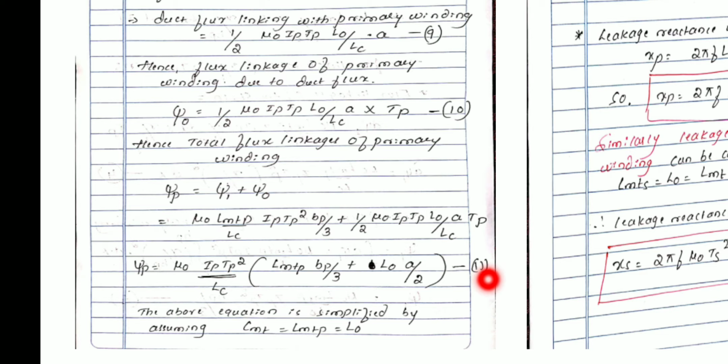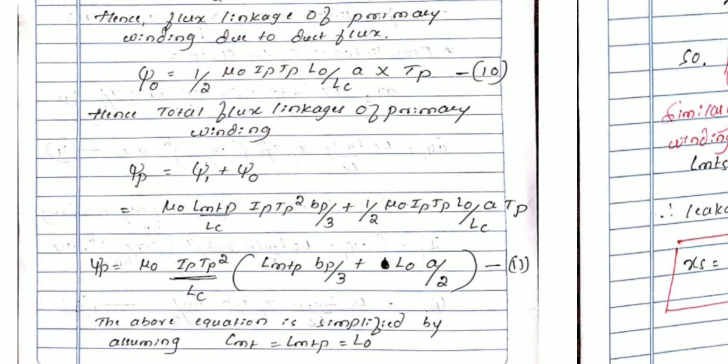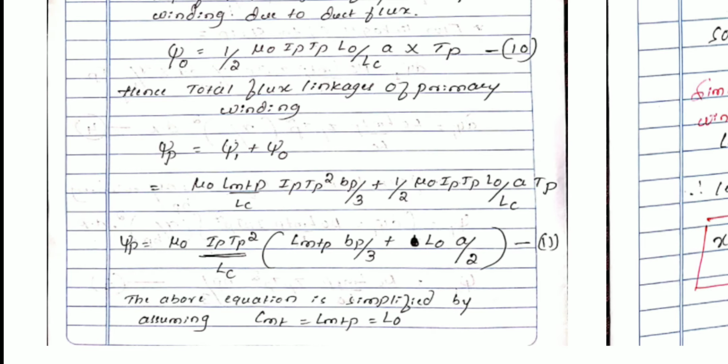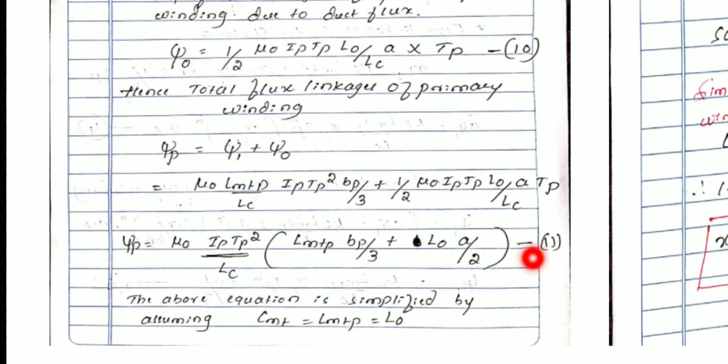So this equation, equation 11, will be for what? Primary flux linkages, nothing but total flux linkages in a primary winding. So next thing, what we are going to do now: just above equation, this equation number 11, it is going to be simplified by assuming length of mean turns